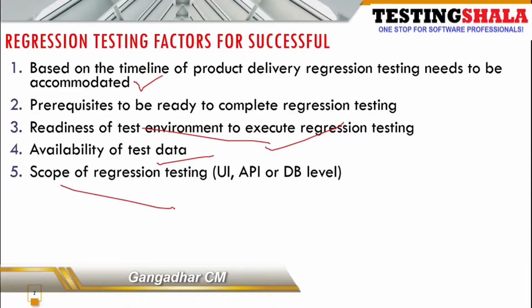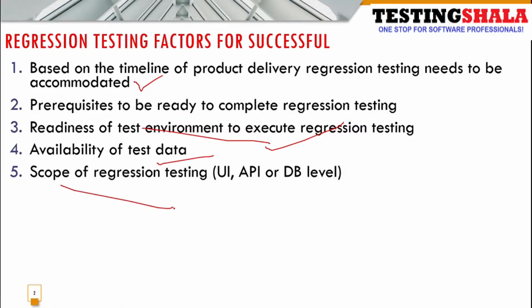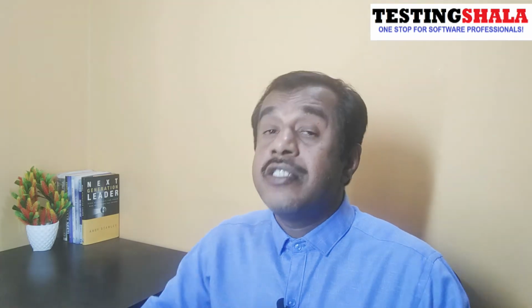Then the fifth aspect or fifth factor you should be aware of here is, as part of regression testing, what are the various different types of testing we should perform, whether you will be required to perform UI regression only, or API regression only, or DB regression testing only, or whatever different types of regression testing you should perform. That is the scope you should know. Unless you know the scope, you cannot put a right plan or you cannot make a successful